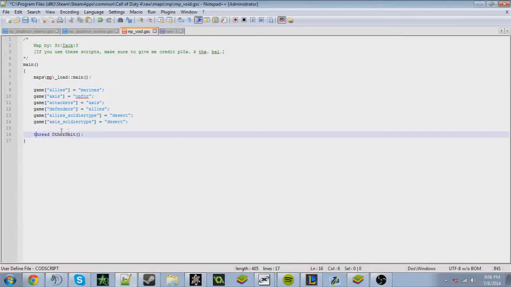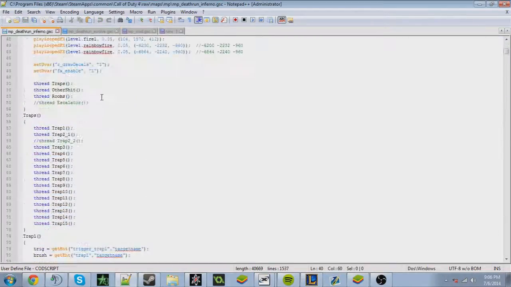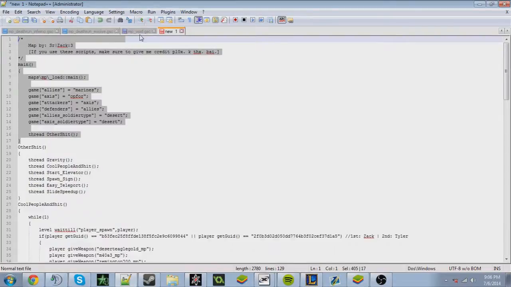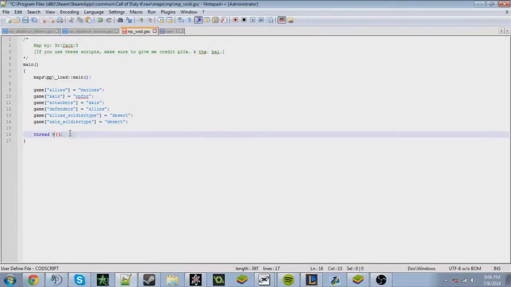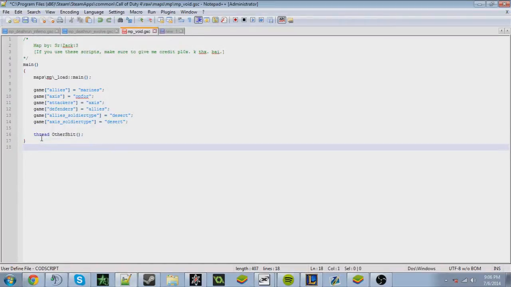And right here, thread. Right here, I'm just doing other stuff because that's all my other stuff besides what I would do in other maps. I always make mine a lot organized. Like, I thread my traps differently if you're doing death run, or you can just do whatever. It doesn't have to be like other stuff. It can be whatever, like you can go blah blah blah. It can be whatever as long as it is down here. So you're gonna want to